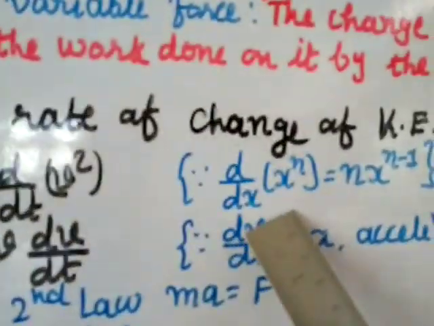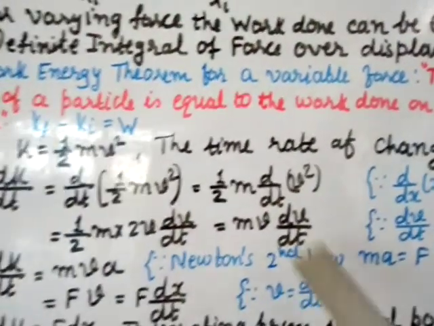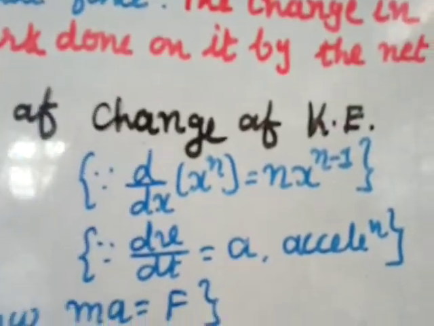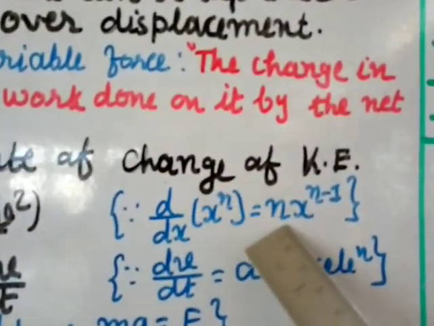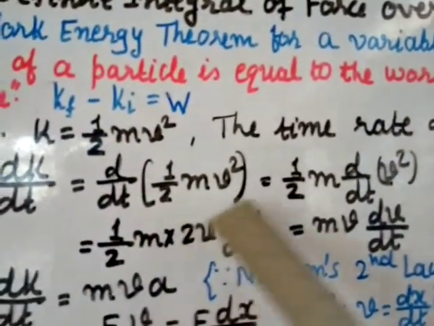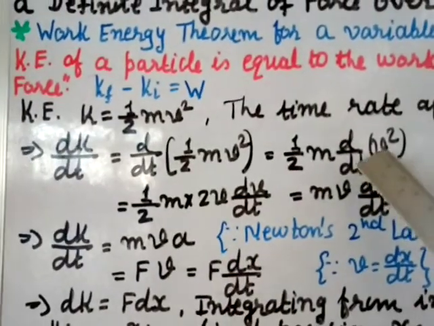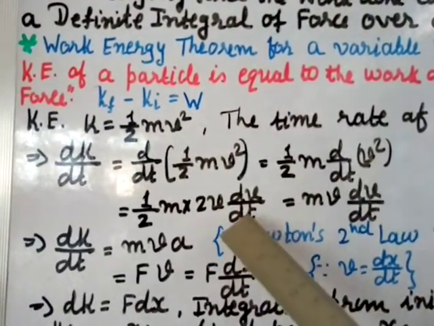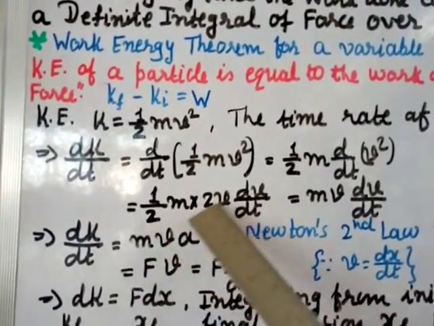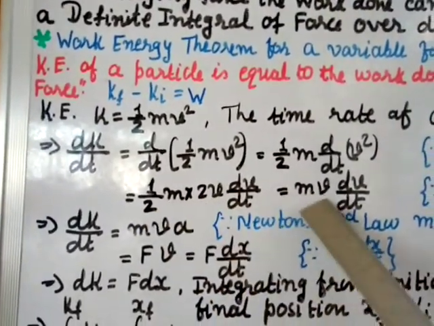But here the formula is with respect to x, and in this calculation we have it with respect to time. So again you have to do v with respect to time. First I am going to do the power using this formula. So 1 by 2 into m as it is, into v square. Here n is 2. So 2 into v power n minus 1, that is 2 minus 1, that is 1. So 2v. And as I said, this is v with respect to t, so you have to do once again dv by dt, because v is done with respect to t. So 1 by 2 m into 2v dv by dt. The 2 you can cancel, so what you get here is mv dv by dt.